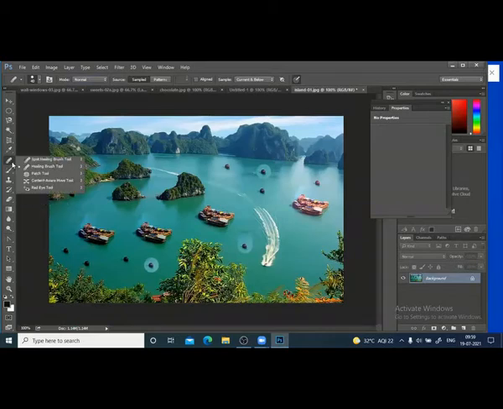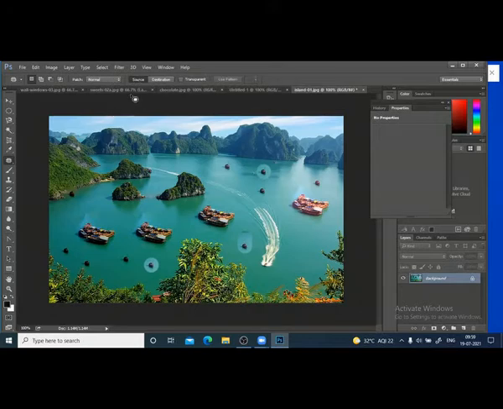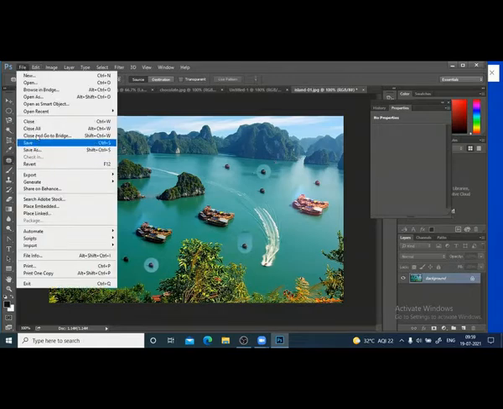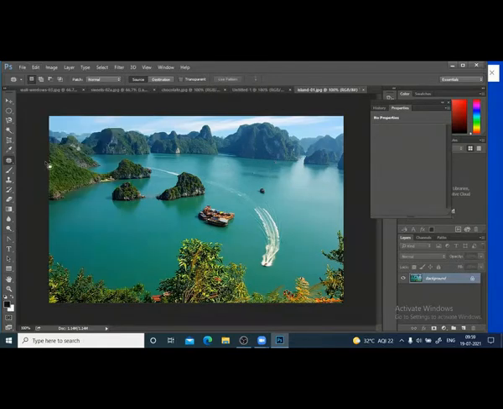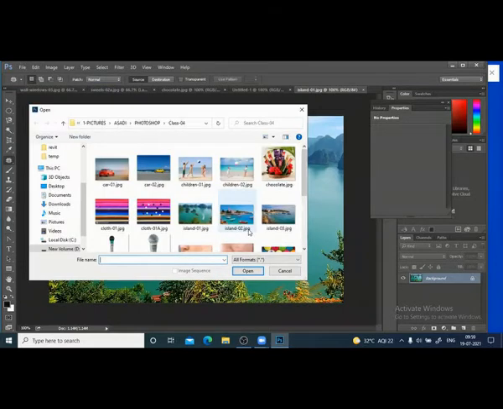Let me move to the next one, the patch tool. Let me revert it. I'll bring another photograph. Open. Always use a copy layer here and do it.